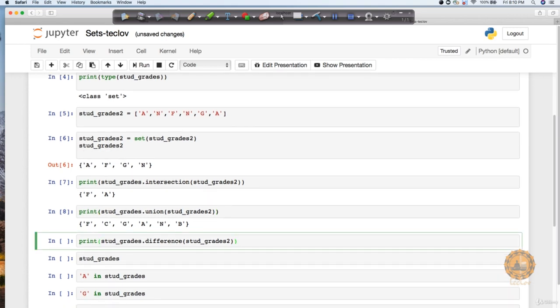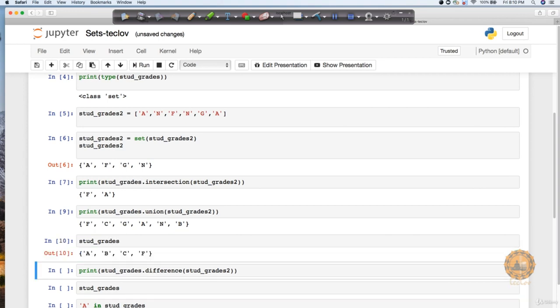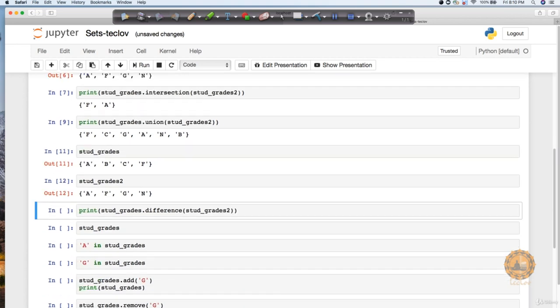If you say difference, let's see this output first. Let me also print out the values before, so that it will be easy for you to figure out. If I say stud underscore grades, this is the value for my first student, and if I print out stud underscore grades 2, this is going to print out my second student.